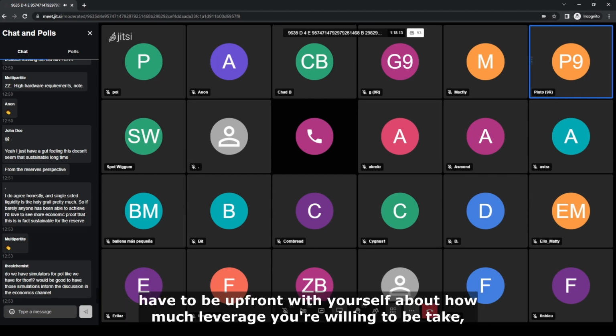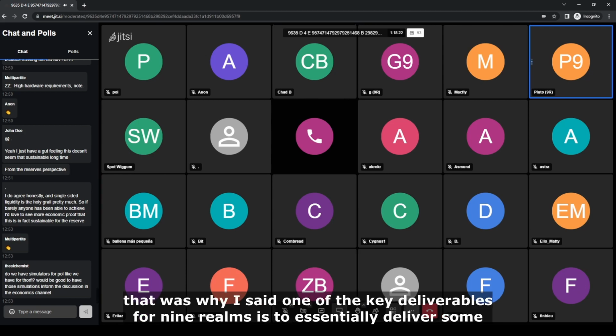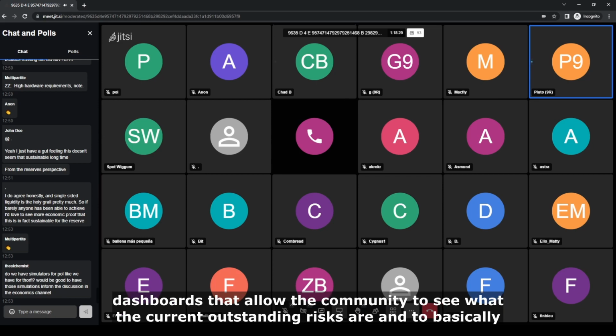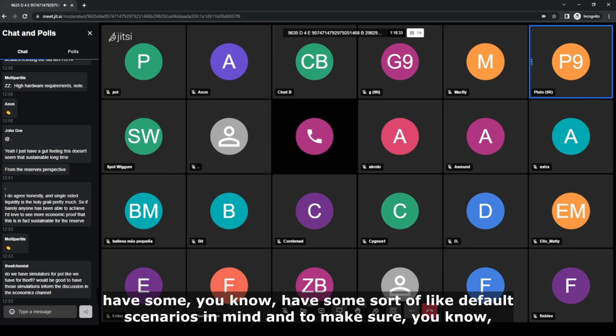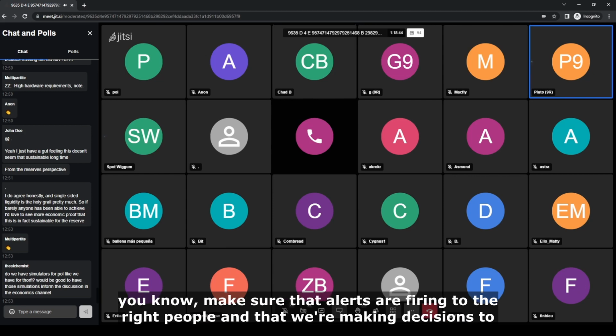So you just have to be upfront with yourself about how much leverage you're willing to take, and to have good monitoring around risk. And that was why I said one of the key deliverables for 9 Realms is to deliver some dashboards that allow the community to see what the current outstanding risks are, and to have some default scenarios in mind, and to make sure that if we ever approach one of those scenarios, given current market conditions, the alerts are firing